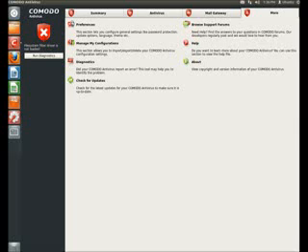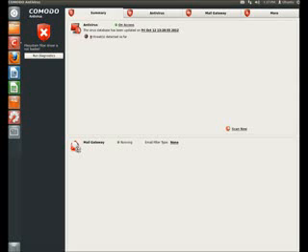Under Manage My Configuration, this would allow you to import, export, or delete your Komodo antivirus configuration settings. Under Diagnostics, if Komodo would report an error, this would help fix it. Again, you can check for updates. They have a huge help section, so I'm going to go back to Summary, and now I'm going to click